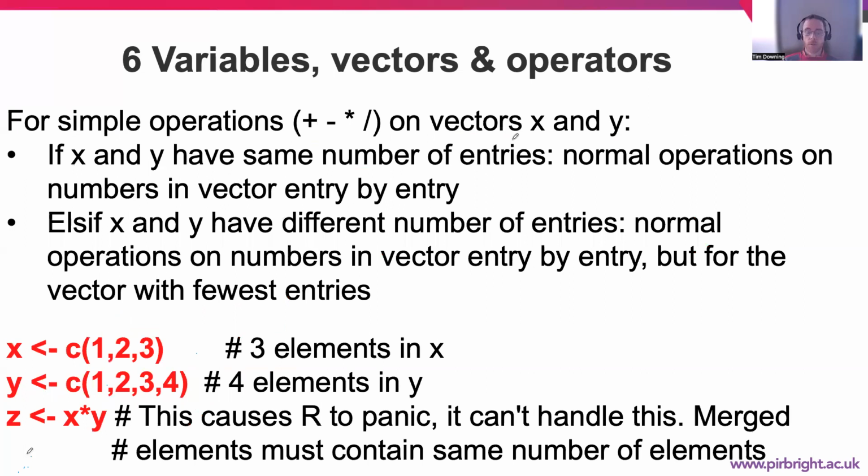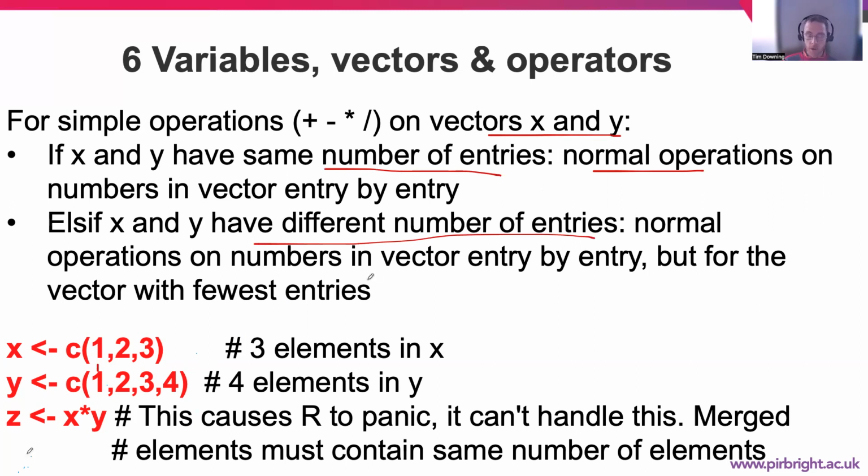One thing to note, if we're manipulating vectors, is that we can add or subtract or multiply or divide x and y if they're vectors of a particular length containing multiple entries. If x and y have the same number of entries, normal operations apply. So if we look at these vectors down here, if we multiply x by y, the first element of x is multiplied by the first element of y. The same for the second element of x and the second element of y, and the third element of x and the third element of y. However, if they have different numbers of entries, like the one shown down here,